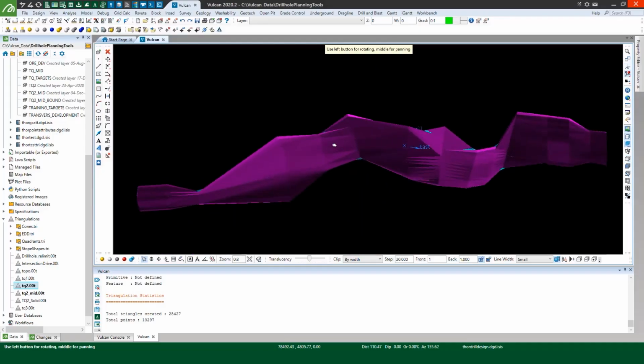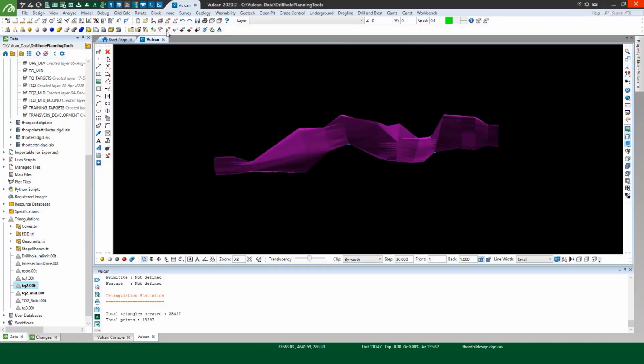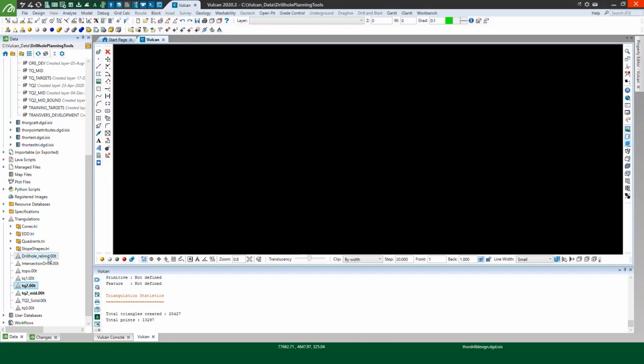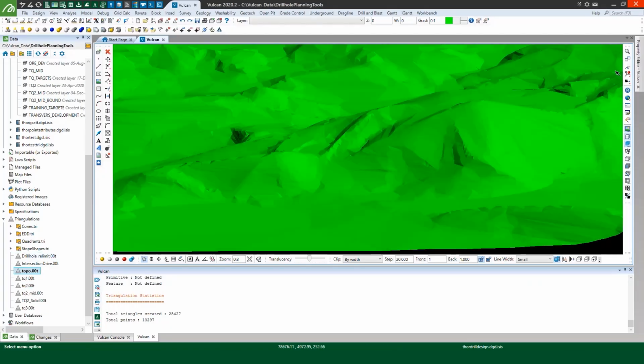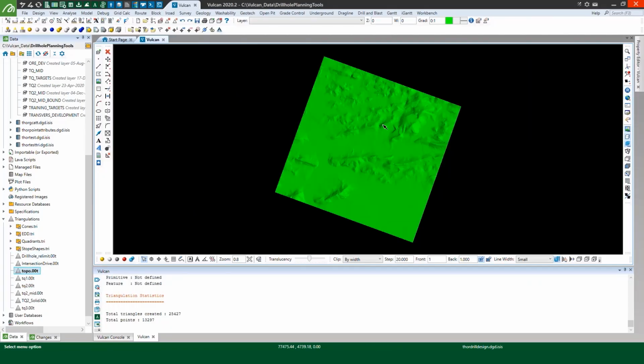Right, what else can I do with these tools? Well, let's say I'm planning some exploration drilling and I want to create a big grid of collar points across a topographic surface. Again, I can use the Create Drill Targets tool to achieve this. So I'll load up my topo,